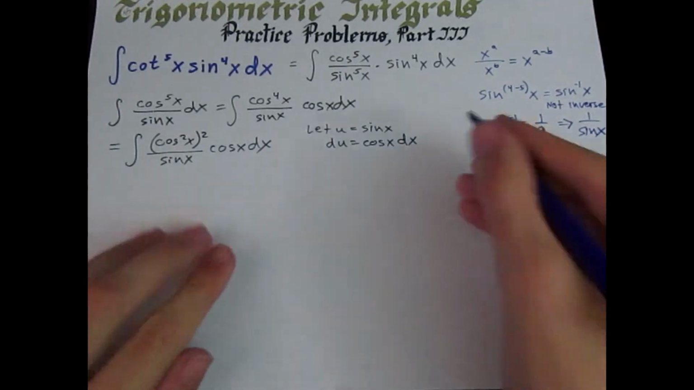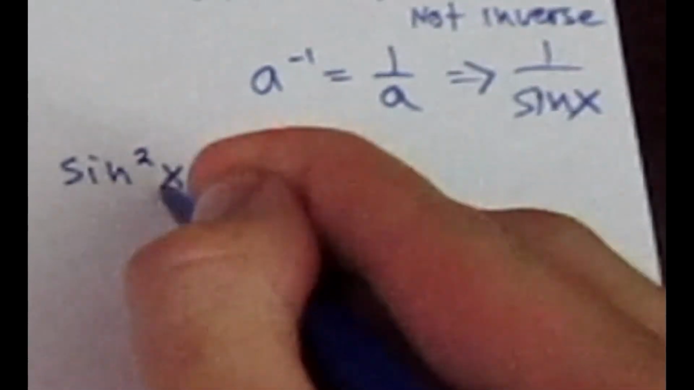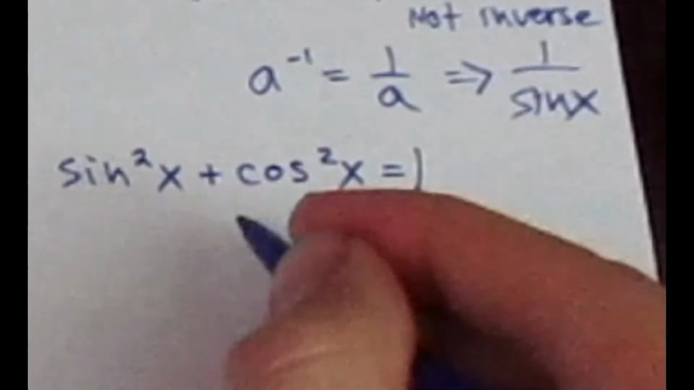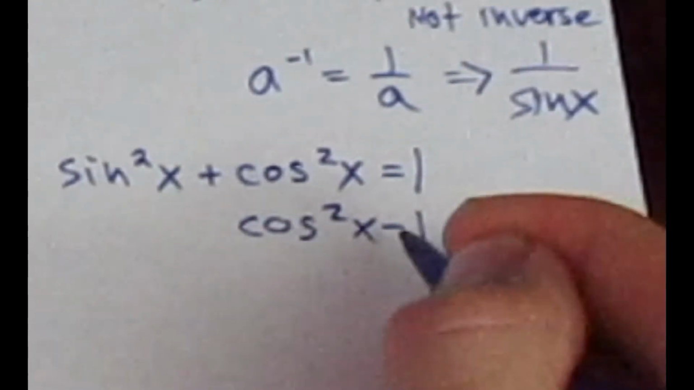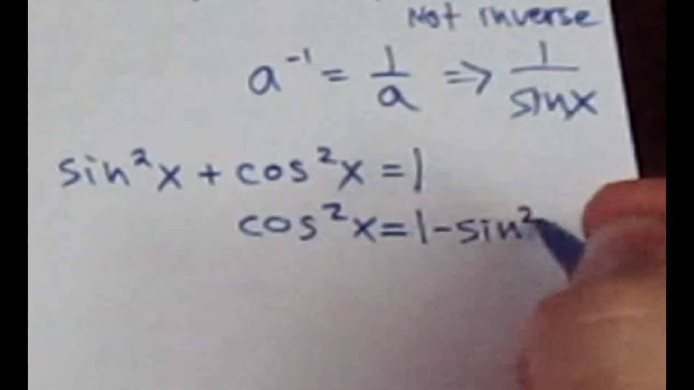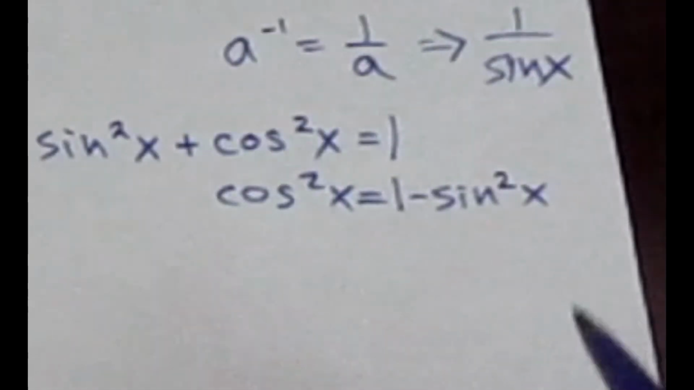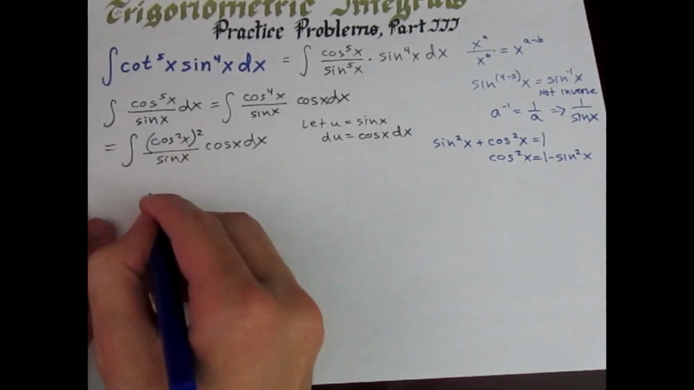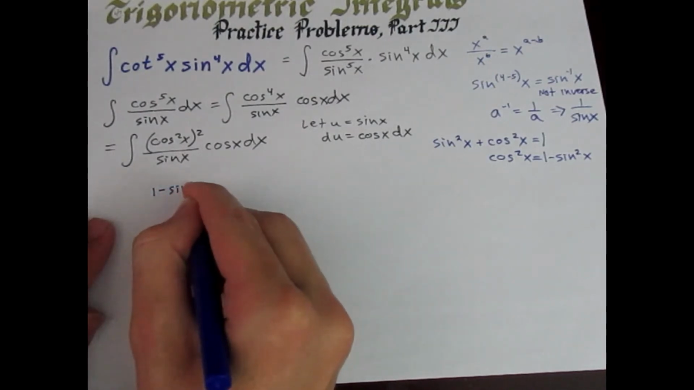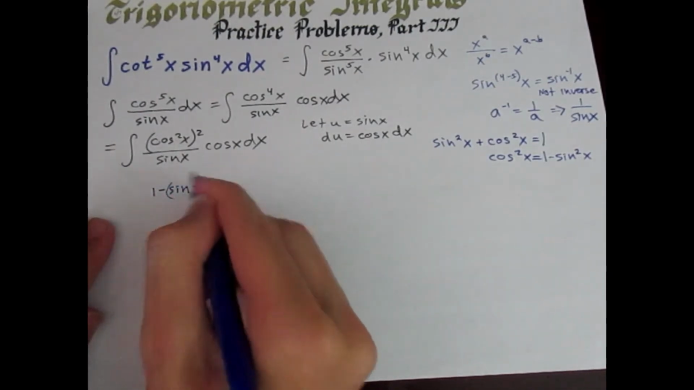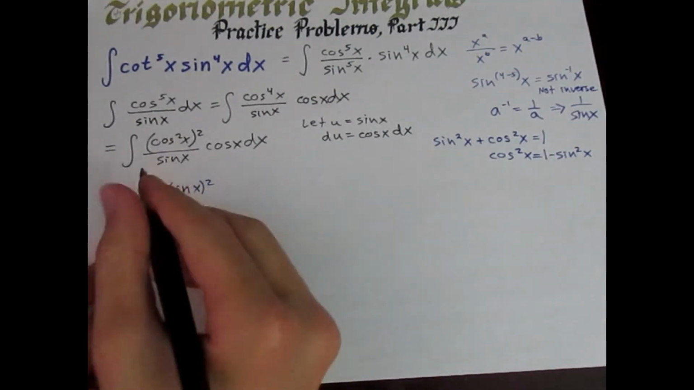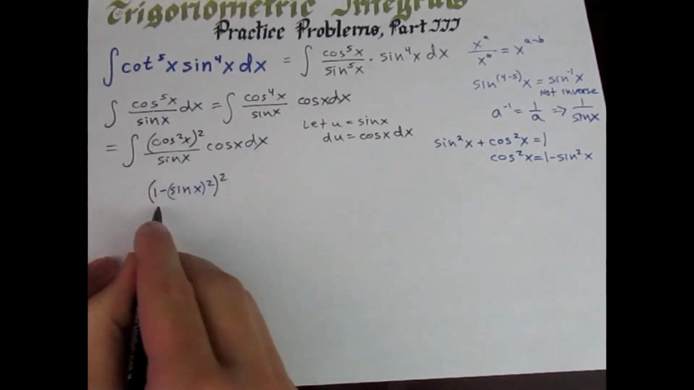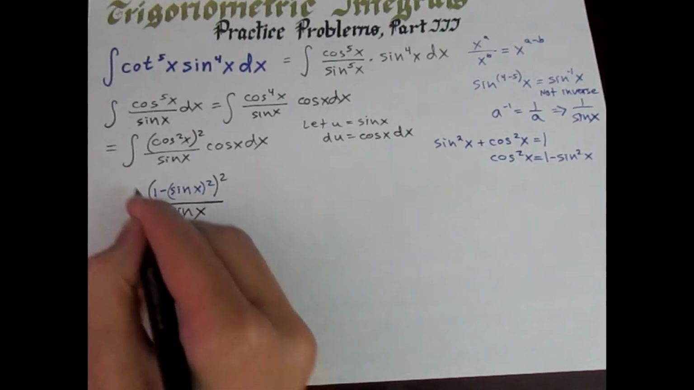Recall that sine squared x plus cosine squared x equals 1. How do we get cosine squared x by itself? We subtract sine squared x from both sides. So it equals 1 minus sine squared x, and we'll substitute that in right there. So again, cosine squared x equals 1 minus sine x squared. Okay, so that whole thing is squared, and that's over sine of x